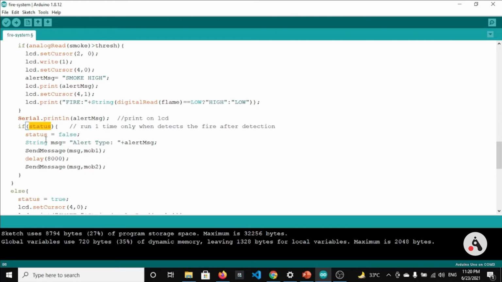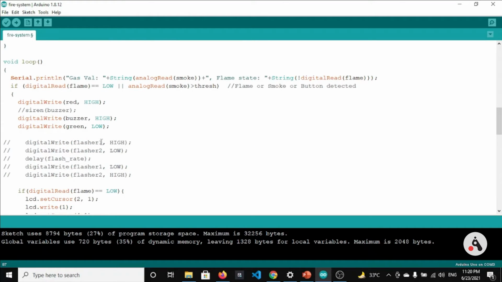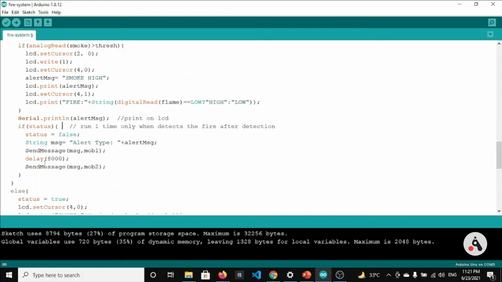And you can see that in the first loop it will be executed, and the status became false, which means that in the second loop it will be executed once again, but it will not go inside this part. These lines of code will not be executed a second time or third time.